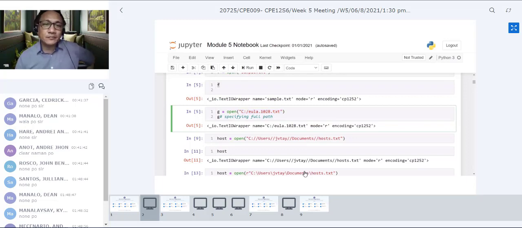Like in this case, I have eula.1028.txt. EULA means end user license agreement. I think this is automatically saved in Drive C whenever you install something from an application. So this is an end user license agreement. So when I try to open this one and execute this one, we can see here that